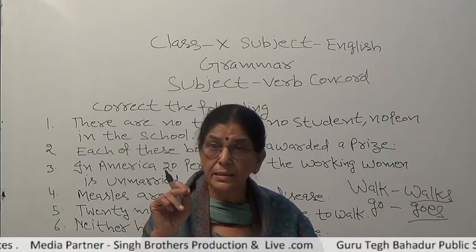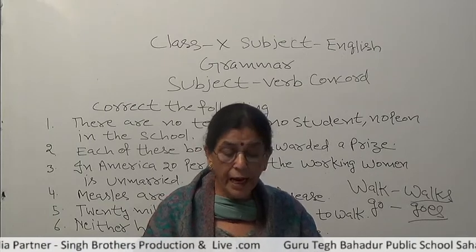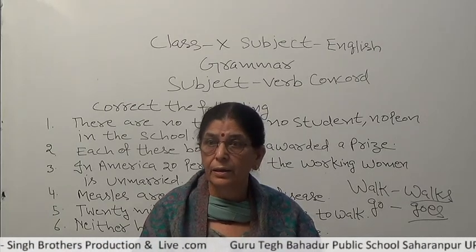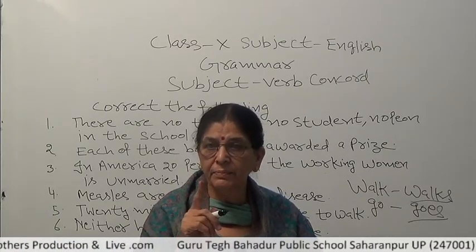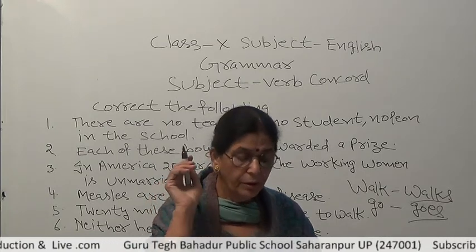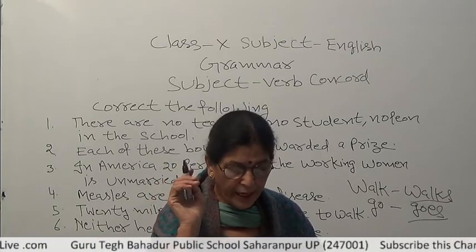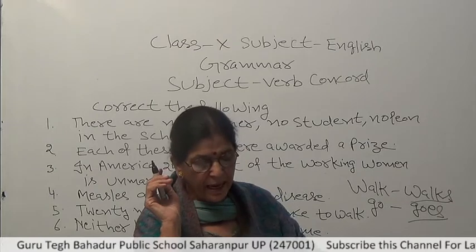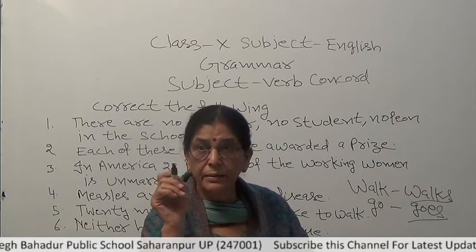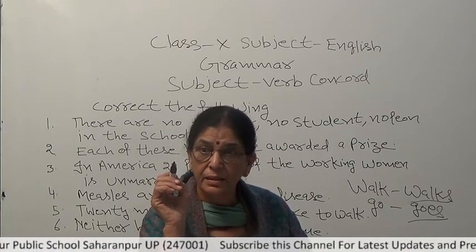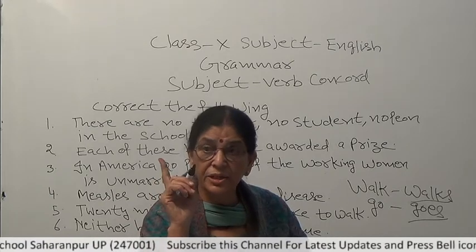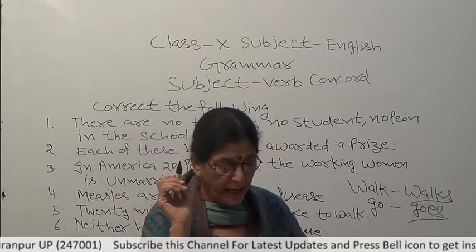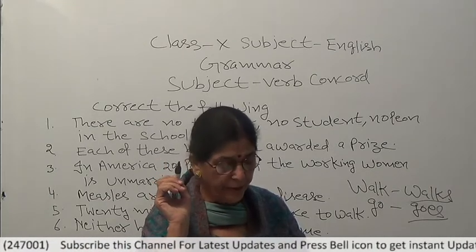Either the boy or his sister, या तो लड़का or his sister या उसकी बहन, have broken the tray. Out of 2, 1 has done this work. So either the boy or his sisters have broken the, here the word is sisters. The sister is not single, sisters, plural, have broken the tray.